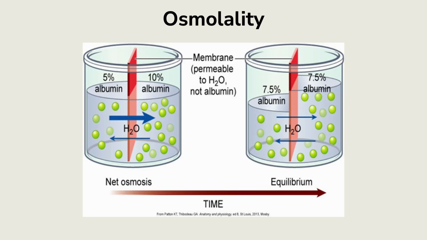So let's look at an example. Albumin is a great example of osmotic pressure. When albumin is administered via IV to patients, it increases osmotic pressure in the vascular space. Vascular space means inside your vascular system, like your veins and your arteries, right? So now when you have albumin in there, you're increasing the osmotic pressure inside the veins. So what's going to happen to the water that's around the vascular system, around the veins and the interstitial spaces and all those spaces?